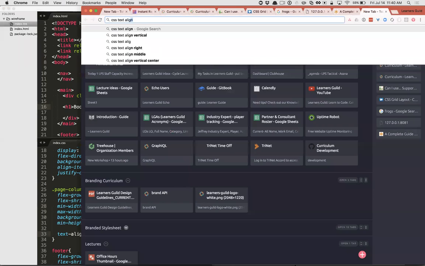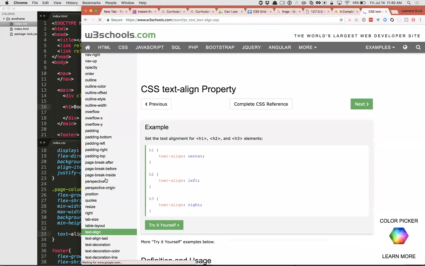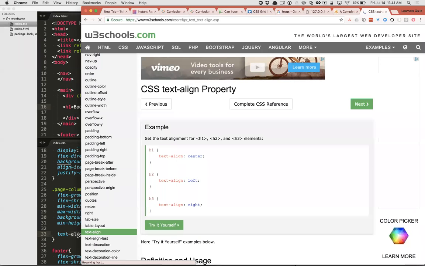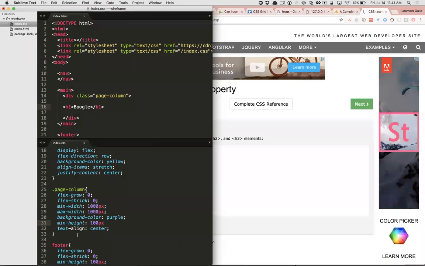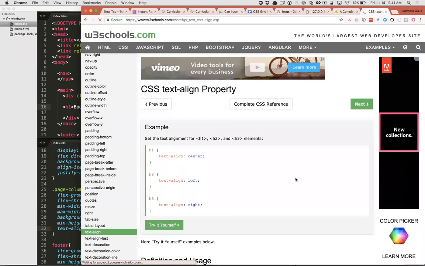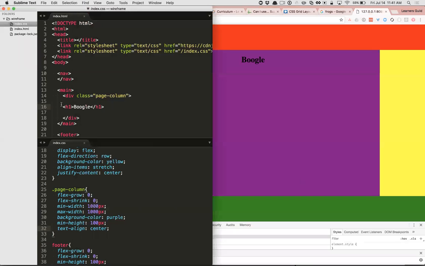How do I not remember this? Yeah. Text align. Why is that not working? That's so weird. Oh, missing a freaking semicolon. I thought I was going crazy. Okay. So we get that text align center.